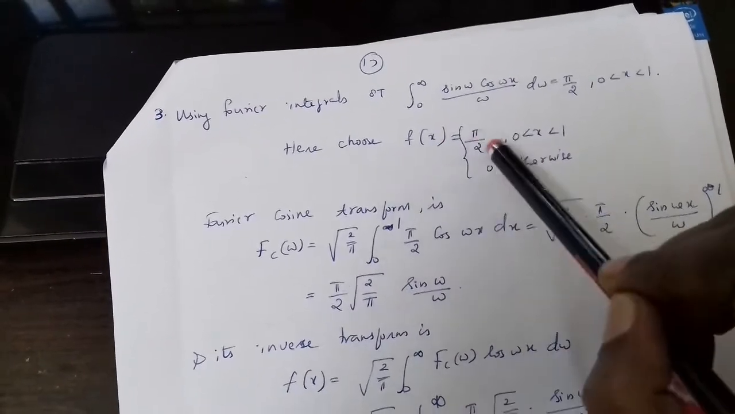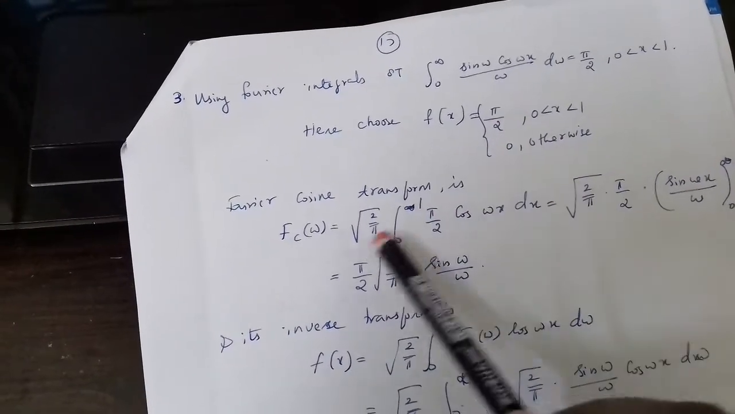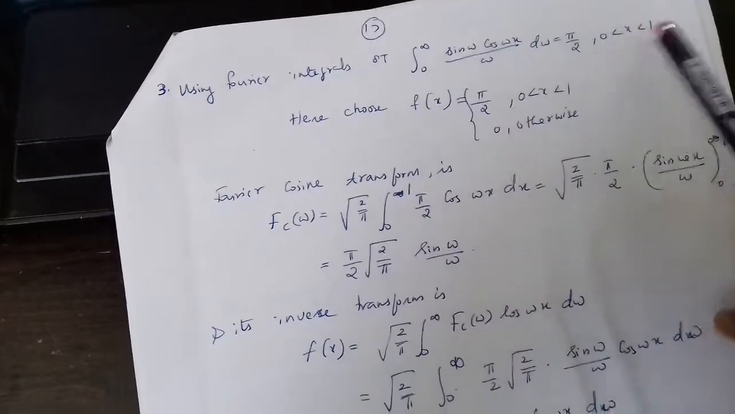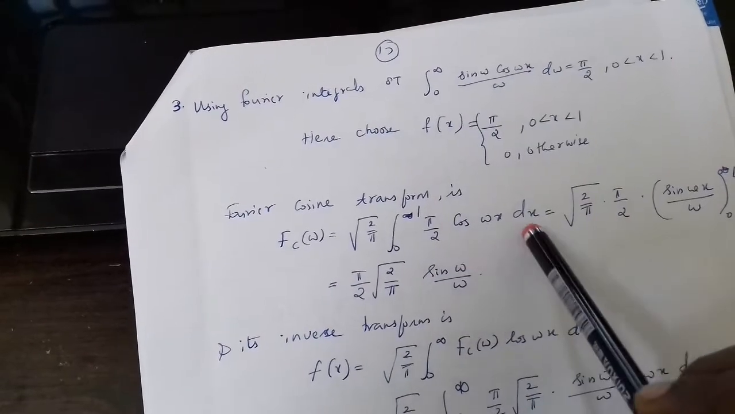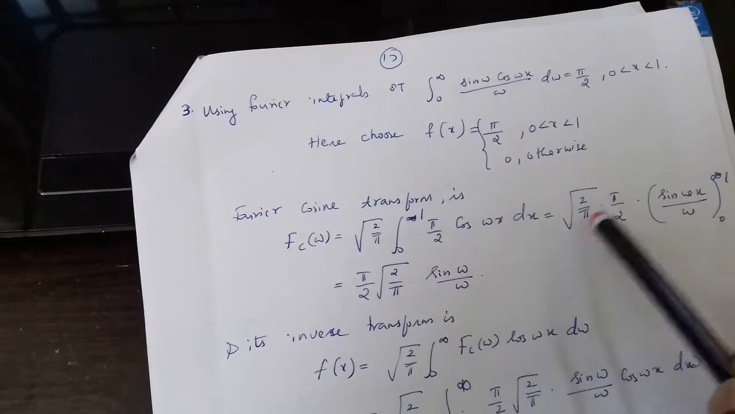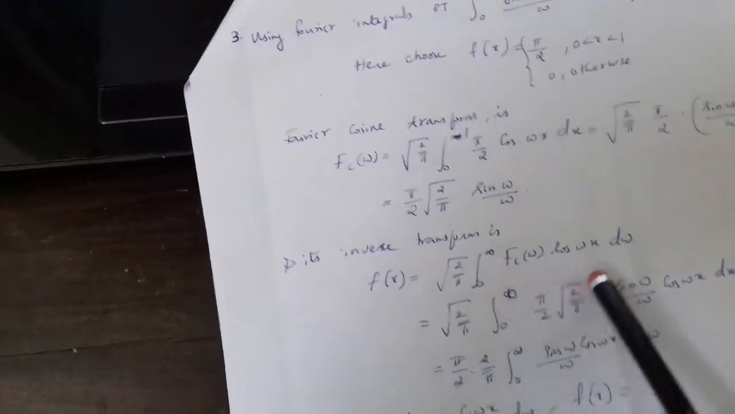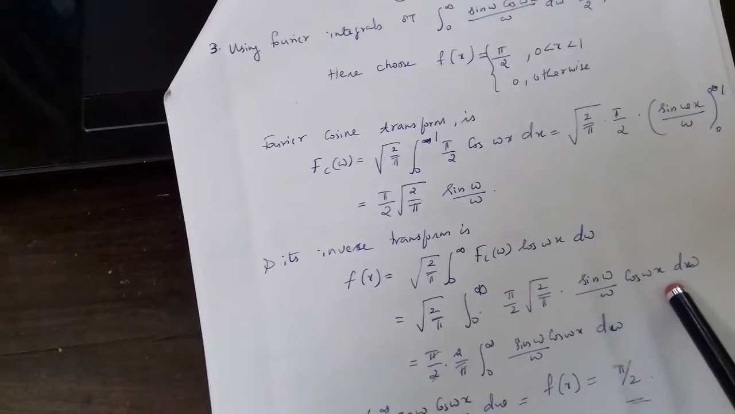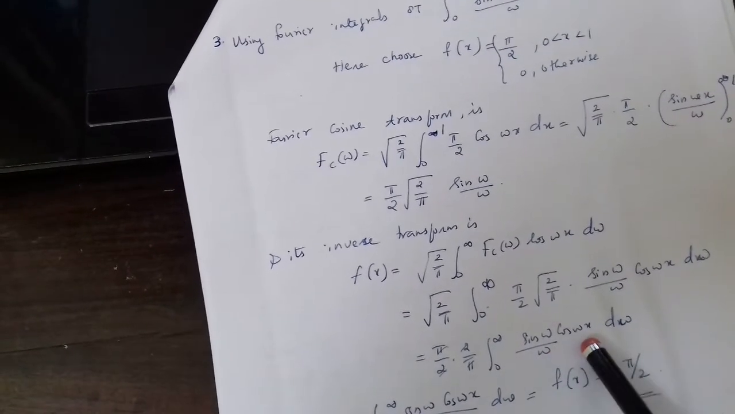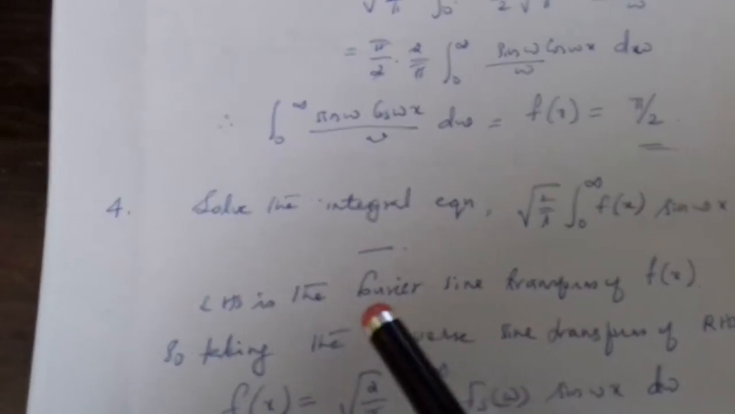So f of x, choose f of x as pi by 2 for 0 less than x less than 1, 0 otherwise. If we take its Fourier cosine transform, root of 2 by pi integral 0 to 1, because the function is defined in 0 to 1, non-zero value in 0 to 1. From 0 to 1 it is pi by 2 cos omega x dx, it is root of 2 by pi by 2. Now if we give the limits 0 to 1 we get this value. Now let us take its inverse. When we take the inverse transform we get this integral. The inverse transform is here sin omega by omega cos omega, so integral 0 to infinity sin omega by omega cos omega x is, on this side, f of x, that is pi by 2. Hence the proof. Next,